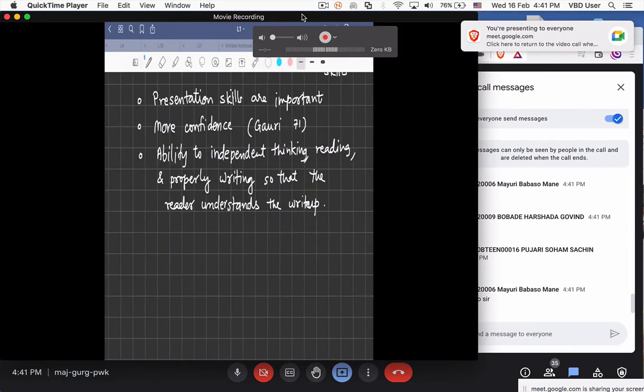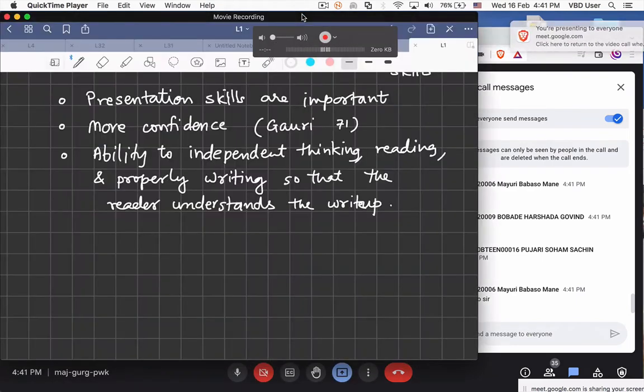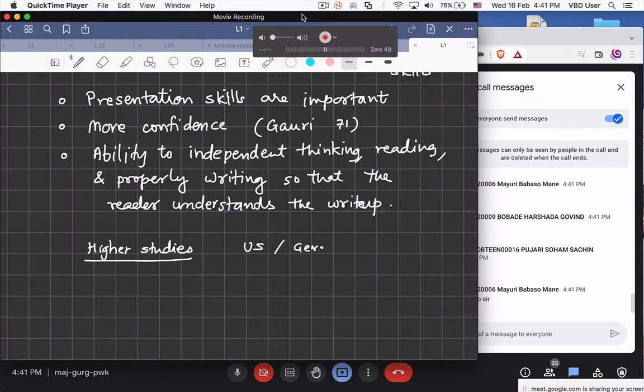Right. So I don't know how many of you would like to go for higher studies, but in case one wants to go for higher studies, तो हायर स्टडीज में जब हम अप्लाई करते हैं ना, यूएस या जर्मनी, जहाँ भी आपको जाना है, वहाँ जब अप्लाई करते हैं, तो what they ask whether you can do independent thinking. ये बहुत इम्पोर्टेंट है, क्योंकि वहाँ आप जाओगे तो हायर स्टडीज़ के लिए जाओगे. Independent thinking and then written and spoken English,